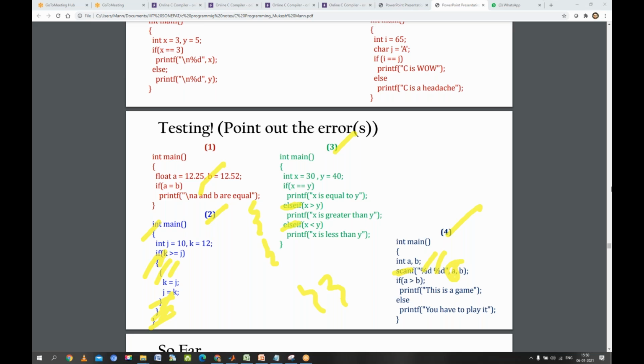So what is an address? In computer programming, when you study the pointers concept, you will talk about how these addresses are stored inside the pointer, right? But as of now, whatever you have studied, there should be an ampersand, sir, because using the ampersand only I can store the address, right?